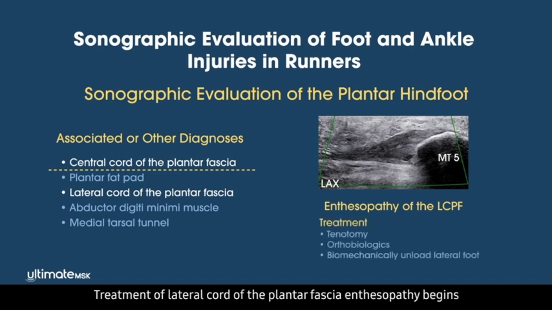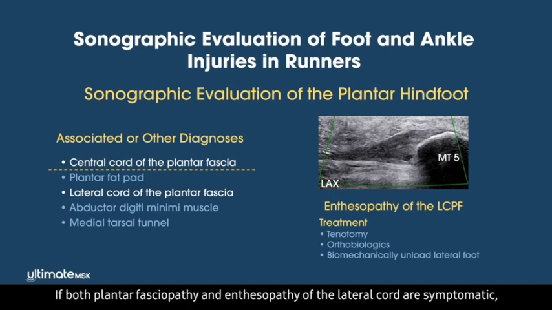Treatment of lateral cord of the plantar fascia enthesiopathy begins with addressing plantar fasciopathy if it is present. If both plantar fasciopathy and enthesiopathy of the lateral cord are